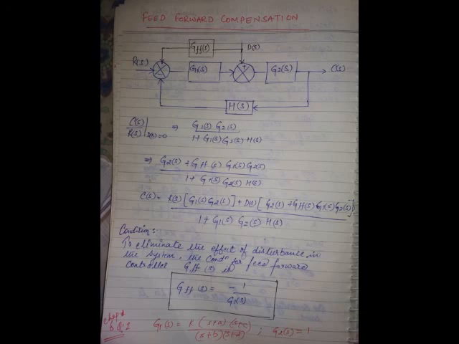Now if you observe, the output of the system depends on and is affected by both R of S as well as D of S. G1, G2 divided by 1 plus G1 of S, G2 of S, H of S. So the output of the system depends on R of S, and it is also affected due to D of S. Now to eliminate the effects of disturbances,